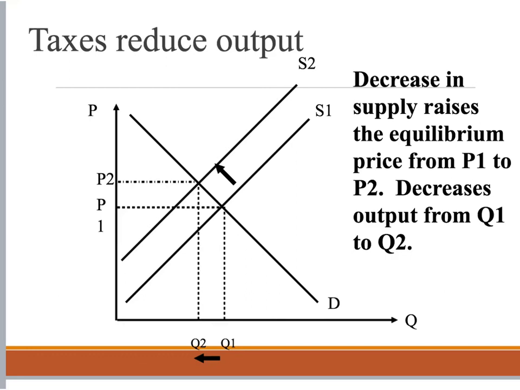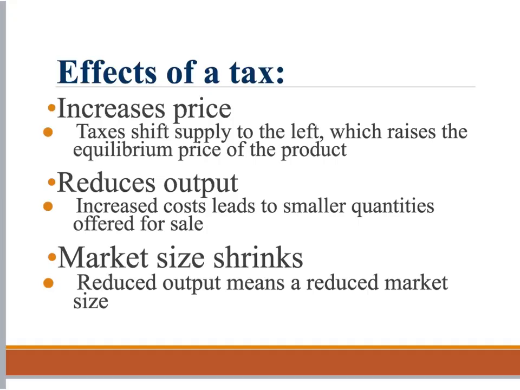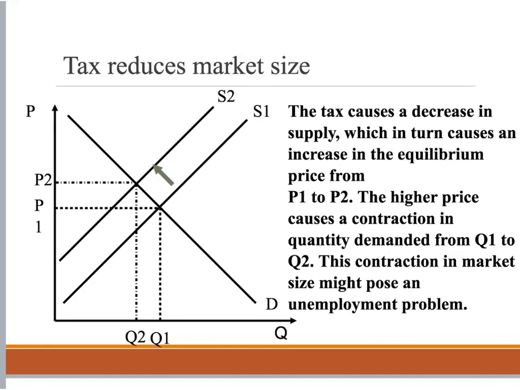Decreases in supply raises the equilibrium price from P1 to P2 and decreases the quantity demanded from Q1 to Q2. Taxes also tend to shrink the market in the short run. Remember that the statutory incidence falls on the firm. This means while producers and consumers both contribute to the cost of the tax, firms are legally required to pay